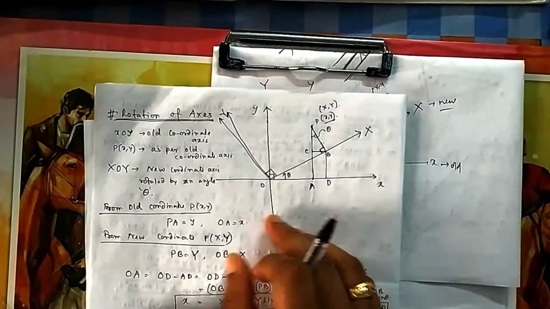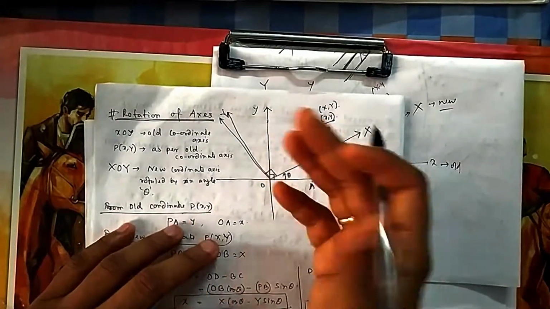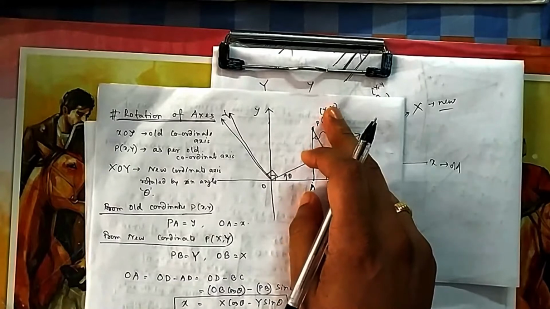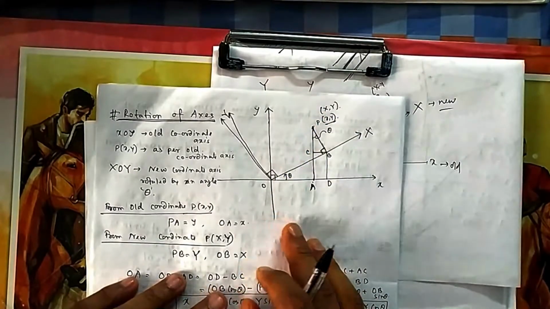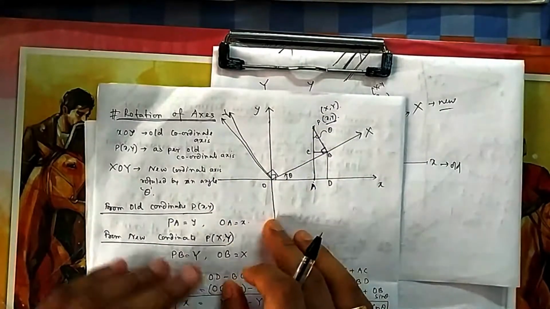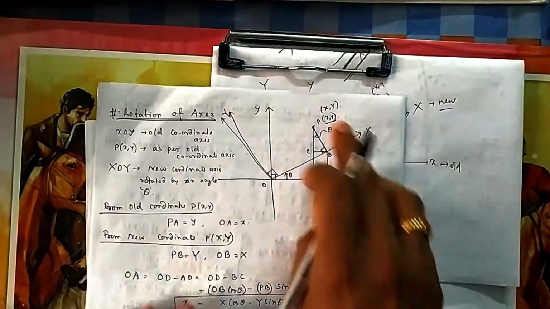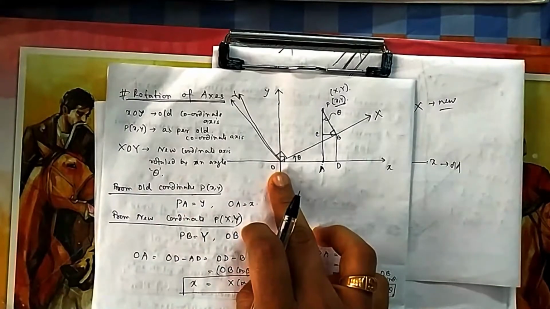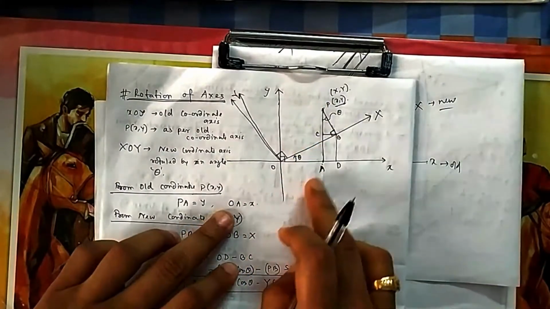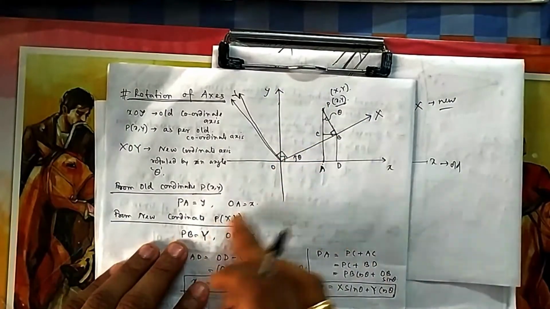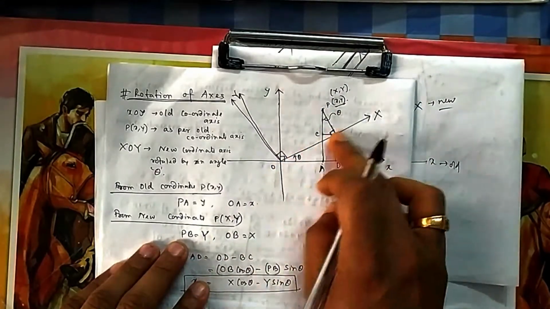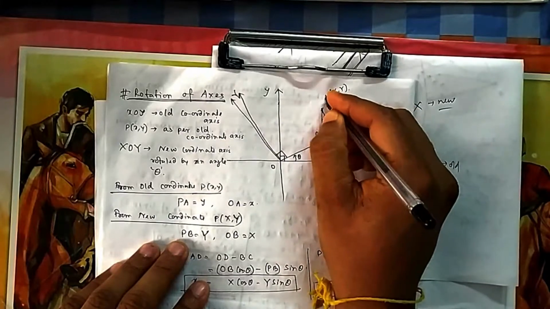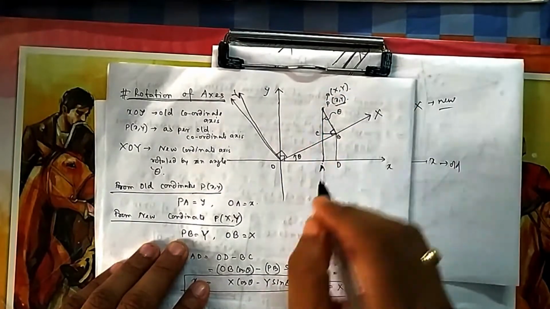Because I have rotated the axis, everything has to change, like the change of origin. The straight line equation we have changed, I took one equation as an example and then changed it, because in the new coordinate system all points' coordinates will change. I told you in the very beginning in coordinate geometry, if you change the axis, everything changes. So how will things go from old to new? That's it. From the old coordinate, this PA becomes my y, this OA becomes x. In the new coordinate, this PB becomes capital Y, OB becomes capital X. It is the same point, but in two coordinate systems, old and new.